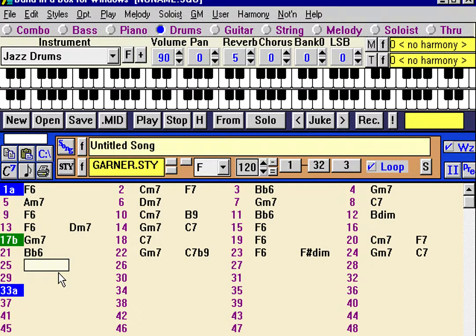We're up to bar 25 now, and it's a 32 bar song, so these are the last 4 bars. We could put 8 bars. We could put in a part marker here and type the rest of the chords of the song: F, C minor 7th, F 7th, B flat 6th, up to a B diminished, and these are the last